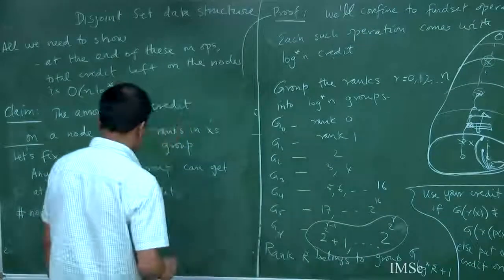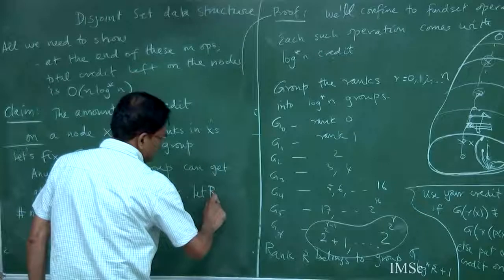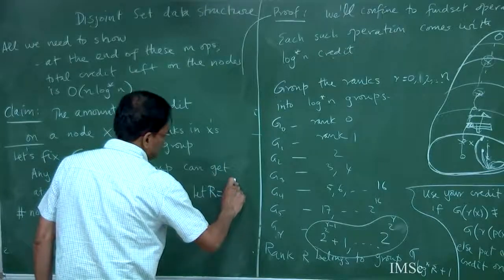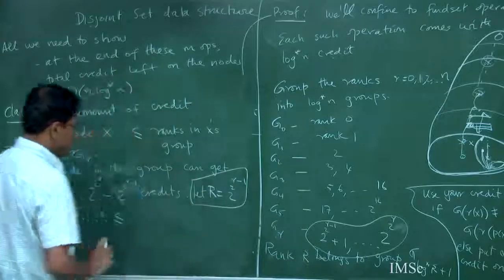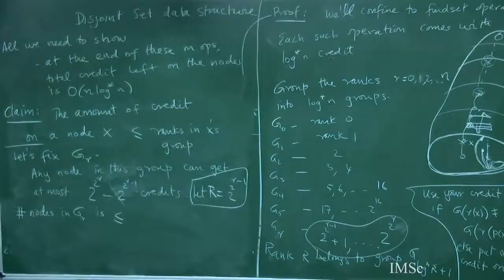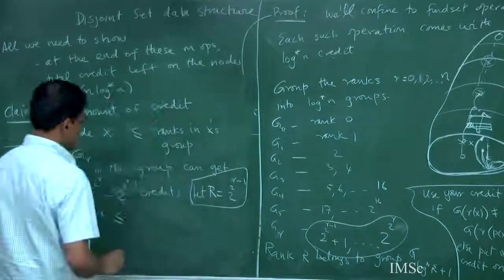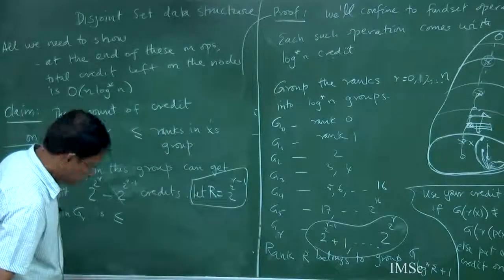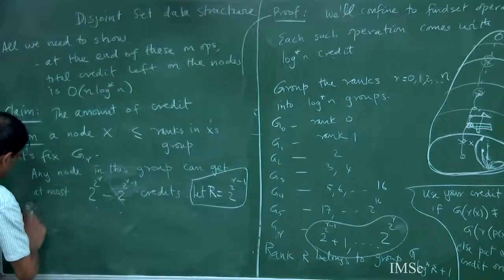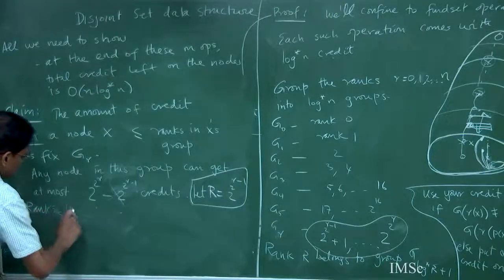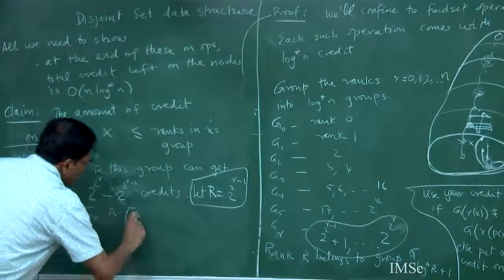okay. So let's give just some notation to simplify my 2 power 2 power thing. Then what are the ranks here? Ranks in GR in the range are